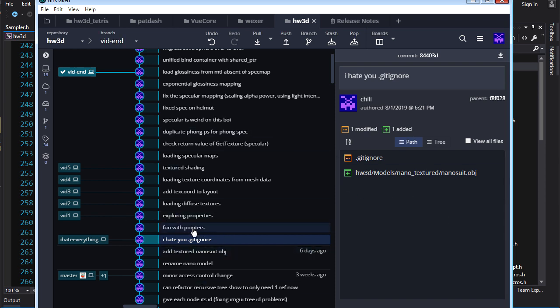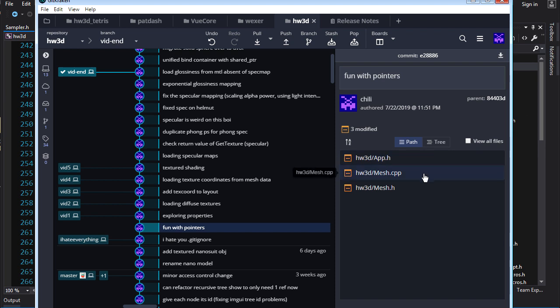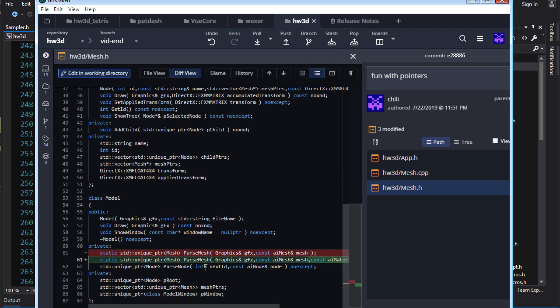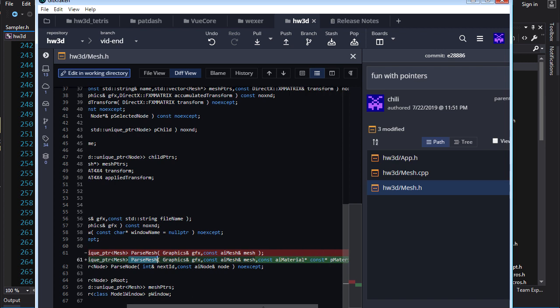But anyways, moving on, let's look at the first code change. It's a little weird, it's a little interesting. But the place where we want to actually load the material data for right now is in parse mesh, because the material data is being applied to the mesh, and it is defined per mesh. So